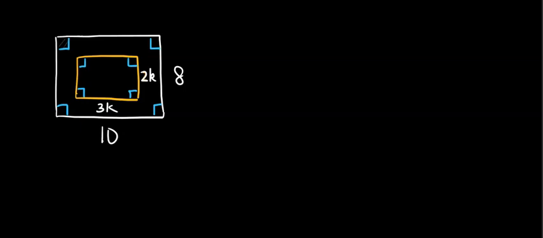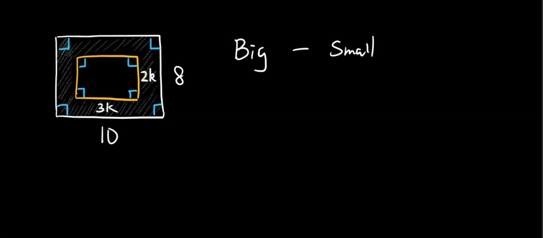Welcome back. This question asks us to find the shaded area. As you can see, the bigger one is a rectangle. The yellow one is also a rectangle. We're going to find the shaded area. So the idea is to use the bigger rectangle's area minus the yellow, the small one, and then we will have